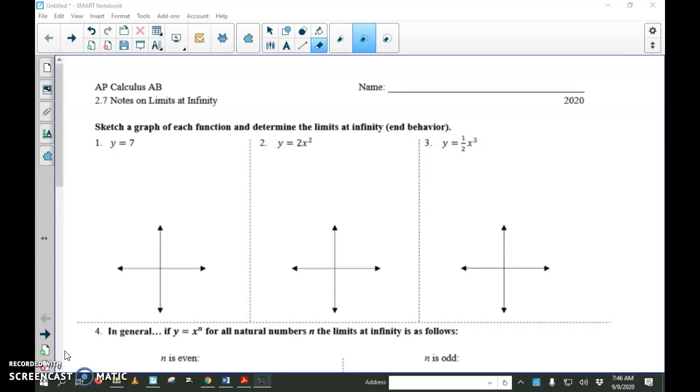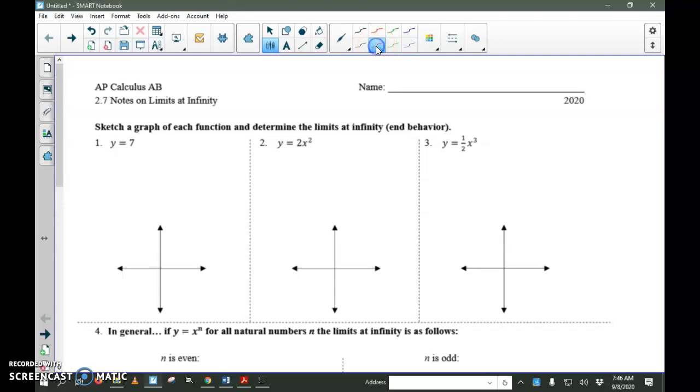All right, so if I have the function y equals 7, well, that's a constant function. In other words, that's just a horizontal line at the y value of 7. And when I look at the end behavior, what I'm talking about is what's happening as my arrow continues moving further and further to the right. That would be the limit as x approaches infinity, right? So when we look at end behavior, we're looking at my x values getting larger and larger and larger for